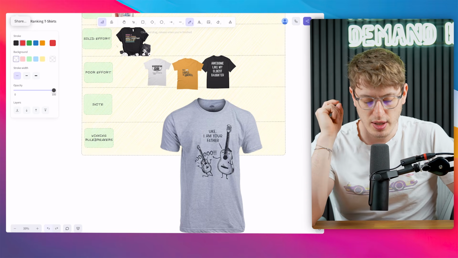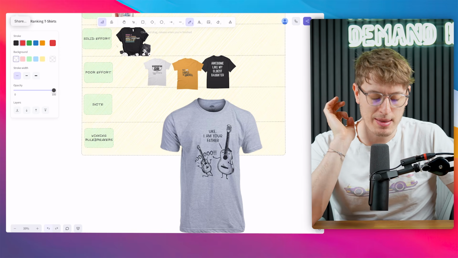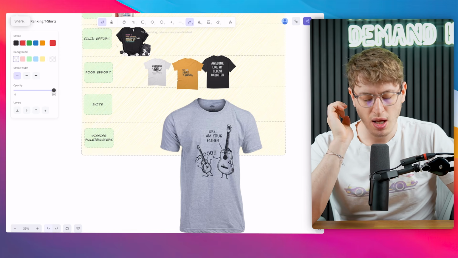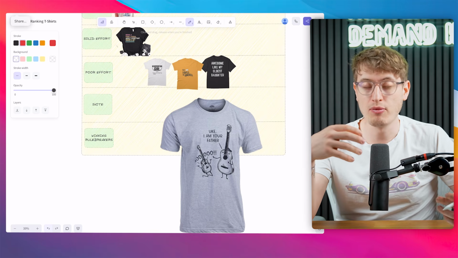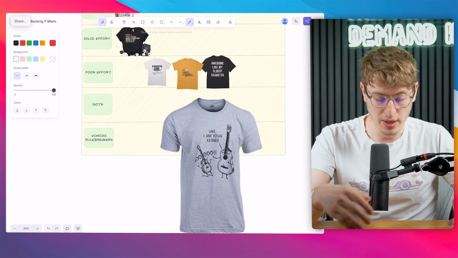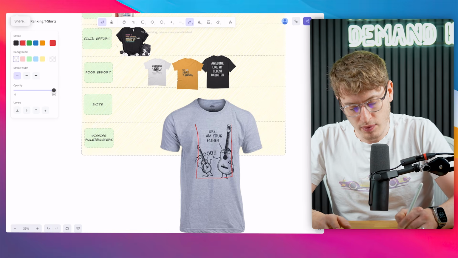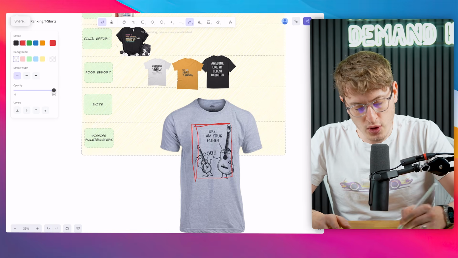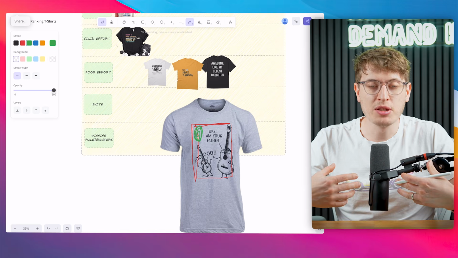It ticks every single box. And even though it slightly breaks the rules with the placement, it makes it feel a lot more like a comic book strip, right? And that's what people are trying to go for here. And if you have a look, the actual placement is still a great rectangle, right? The only difference is you've got this little bit of negative space here, but this negative space brings more impact